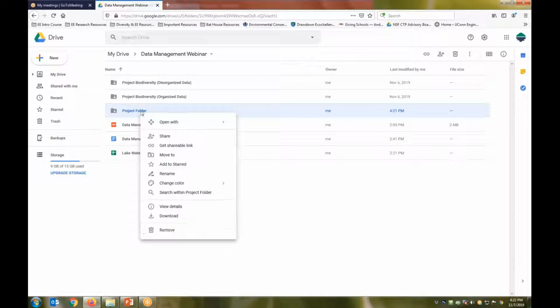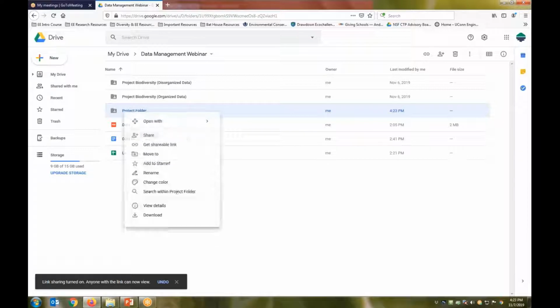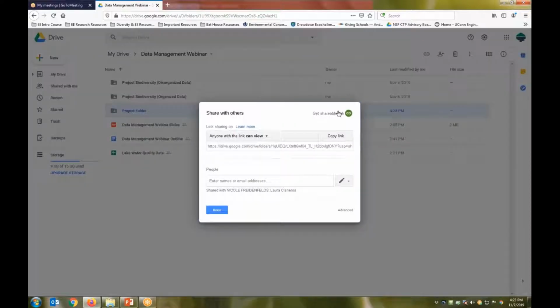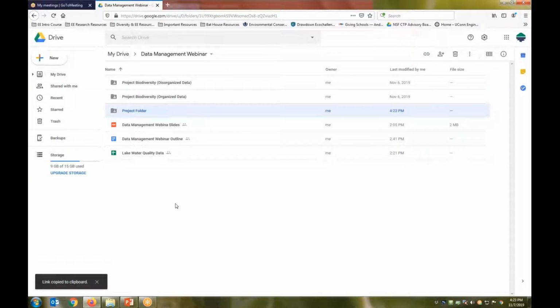So that was just sharing this. Again, you can get a link to share, and then you could send it through your own email, a link to that folder. And again, this just says view. So you might want to change that to getting a shareable link that you can edit, and now it changes the link. You can copy it to your clipboard and send that. Within this project folder,